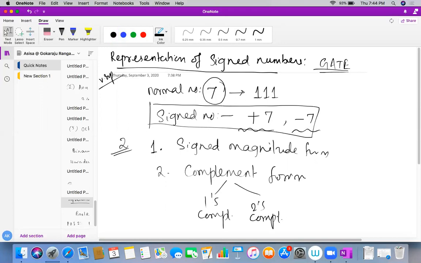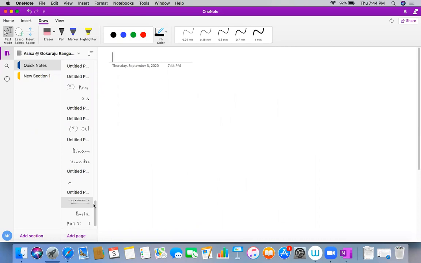This is from the first unit of the GATE exam and is very important, students. Surely you can expect a question from it. We'll first see the syntax of the signed magnitude form, then the complement form, and how to represent signed numbers.